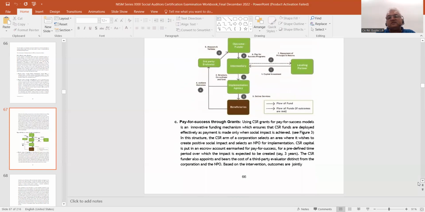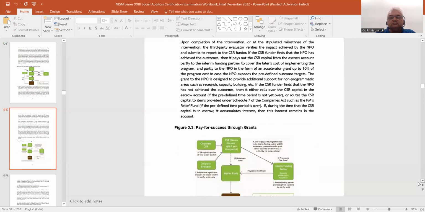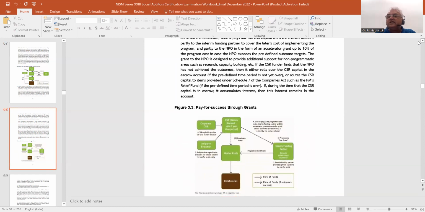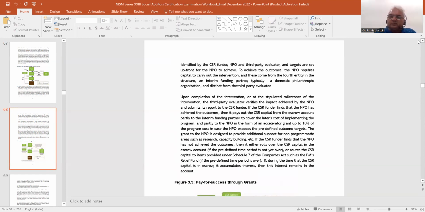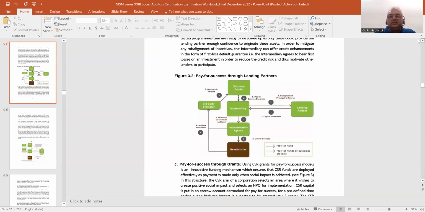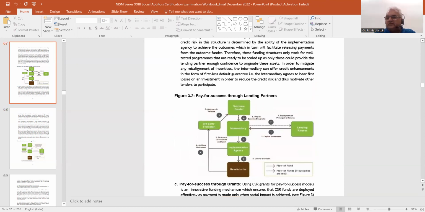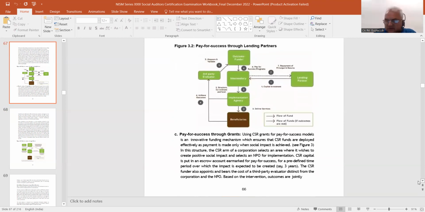Now the third is pay for success through grants. In this pay for success through grants, what is the idea? Like till now also, these NPOs are getting grants from the government. Now, in this case, naturally, the intermediary will ensure that once your activity is complete, with this, using CSR grants for pay for success models. So this is an innovative